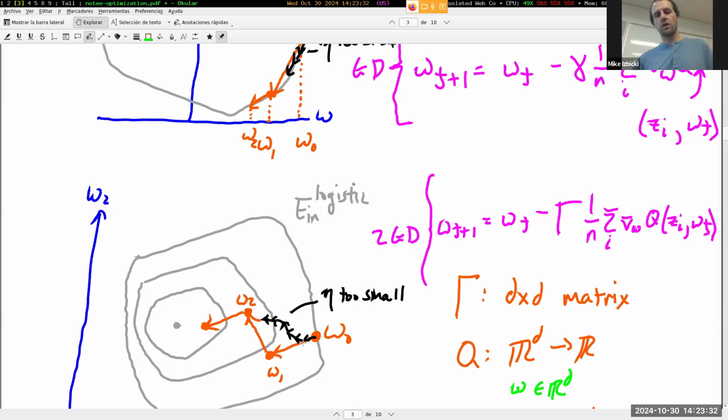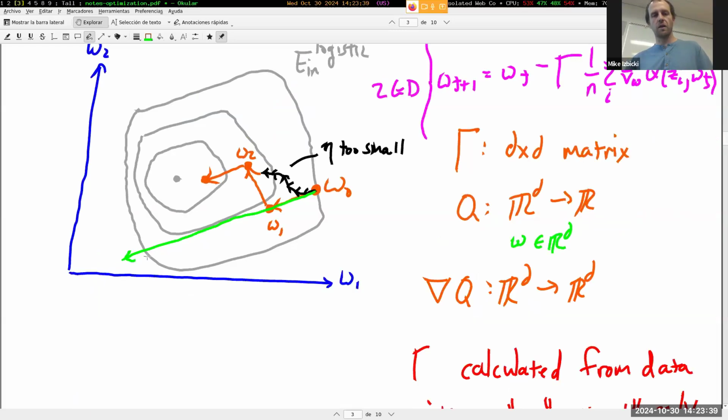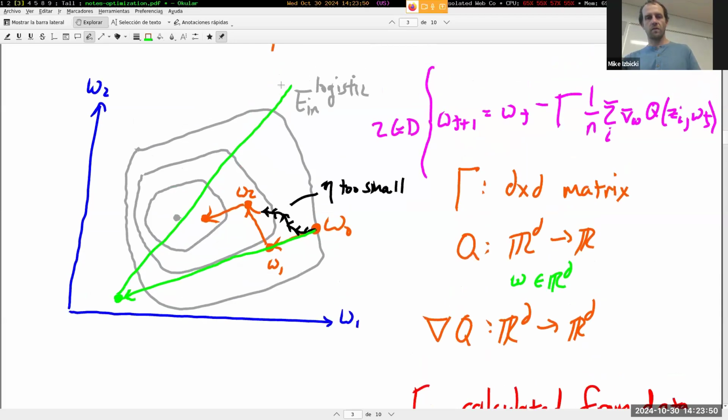And if eta is too large, then we'll way overshoot and end up going farther and farther away from our target value each time. So something like this is eta too large. One of the practical difficulties of using gradient descent is, again, selecting this eta or gamma value